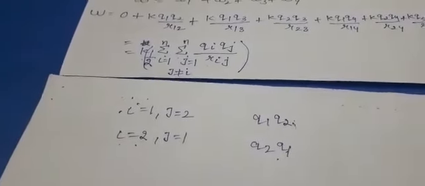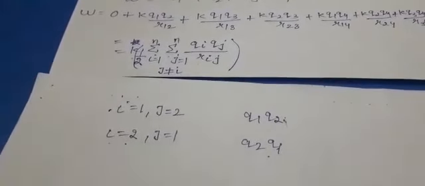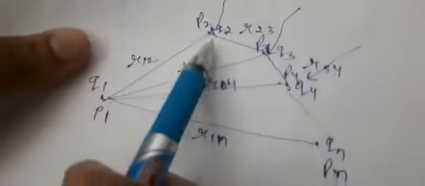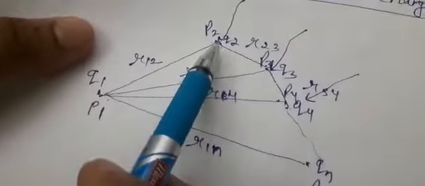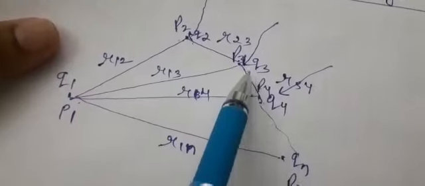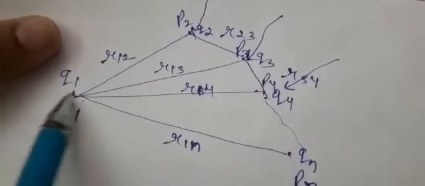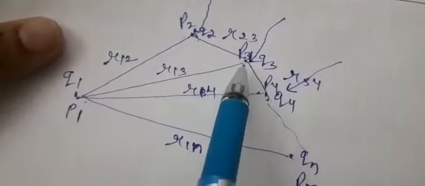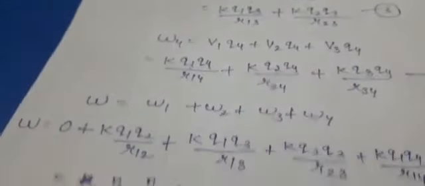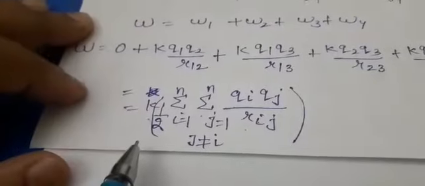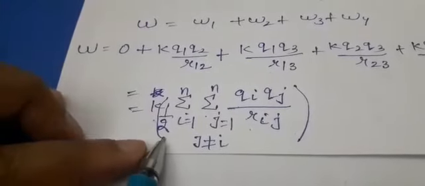So Q1 is influencing Q2, Q2 is influencing Q1, but we have to consider only one effect. Like this, Q1 has an effect on Q2, and Q2 has an effect on Q1, one and the same. We will not write it twice. Q1 has influence on Q3, Q3 has influence on Q1, but we will write it a single time. So that's why we write half here. This is an important point, and it may confuse you. Why has half been taken? I will write it here so that you will not be confused. Factor half is taken